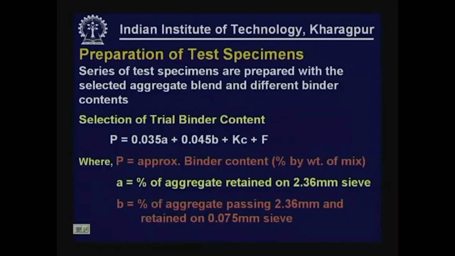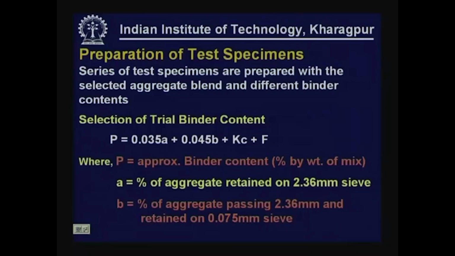For the selection of initial trial binder content, if you do not have an idea of what could be the range within which the optimum binder content is going to lie, the selection can be made as P equal to 0.035 multiplied by A plus 0.045 multiplied by B plus capital K into C plus F. P is the approximate binder content, expressed as a percentage by weight of total mix,